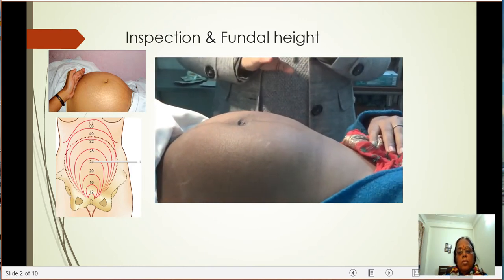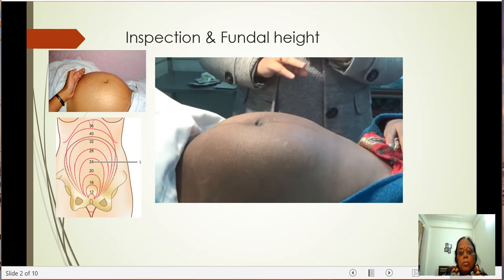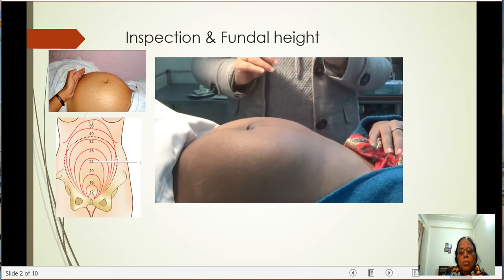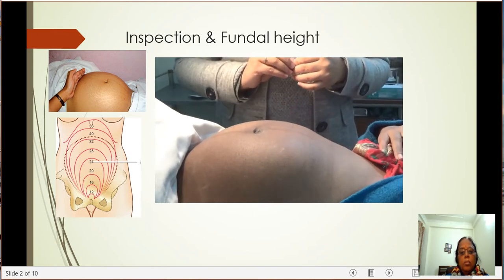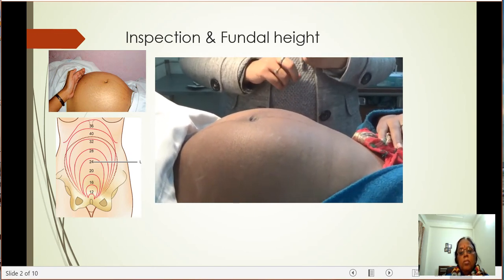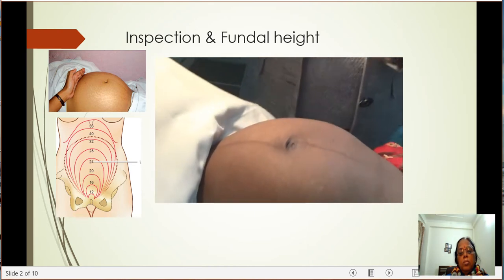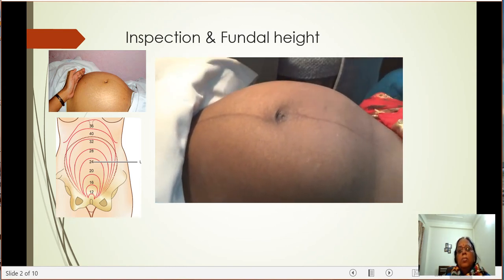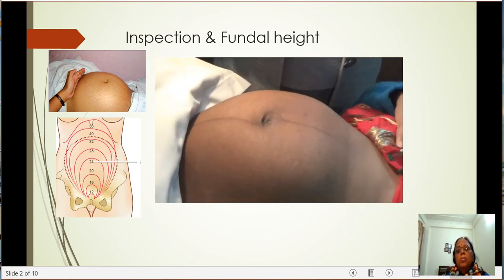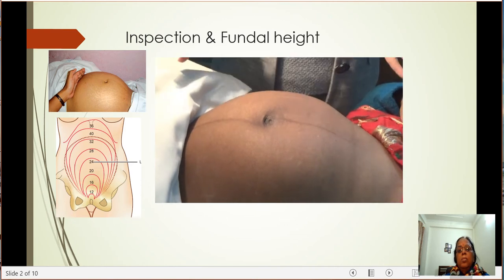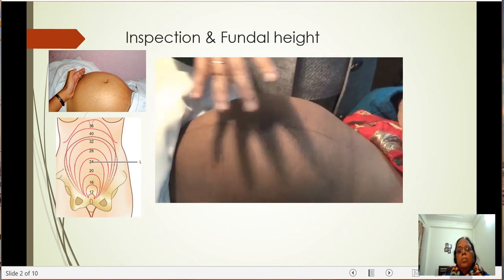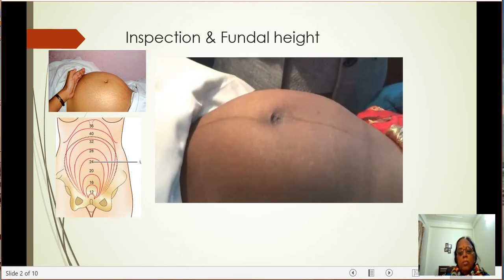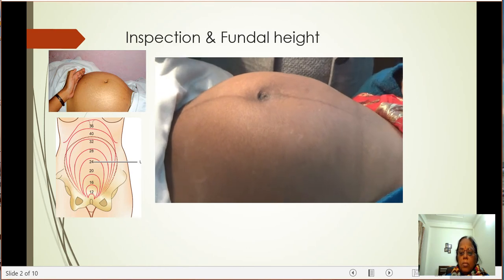It's not mandatory, but you must have a female attendant on your side if it's a male person examining the patient. Now, when we start with the examination, our first thing is the inspection. In inspection, we are going to see the size of the abdomen, shape of the abdomen, and the contour of the abdomen. Here we can see the abdomen is generally enlarged in size. The shape is spherical and longitudinal. This was our inspection finding on this patient.